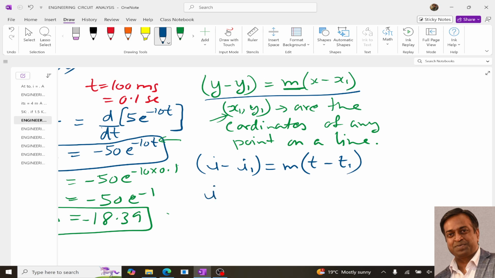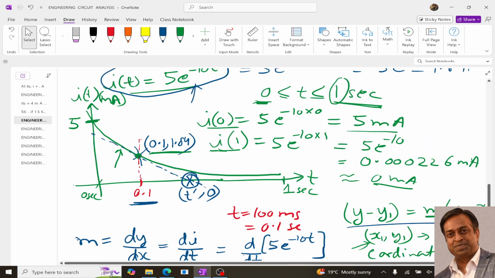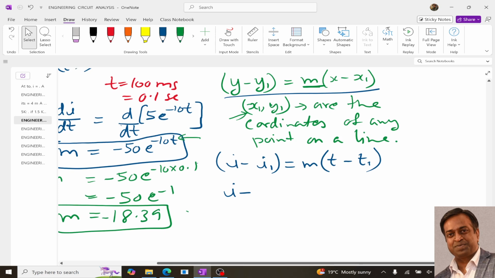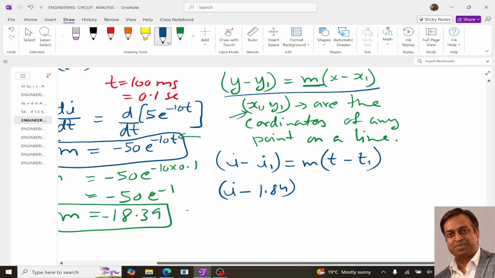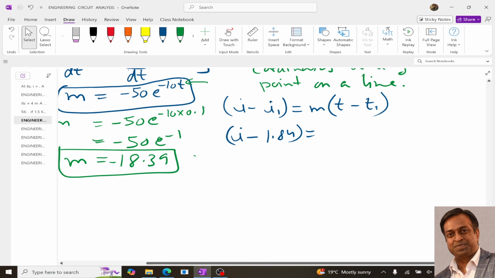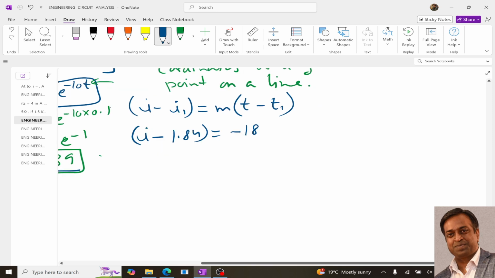So it is I minus I1, which is 1.84, equals m, which we got as minus 18.39, times t minus 0.1. So now solving this equation,